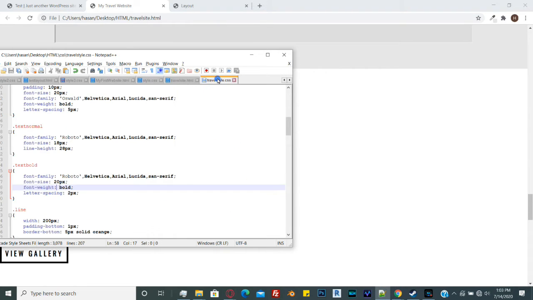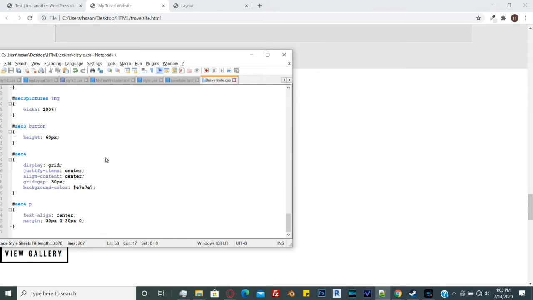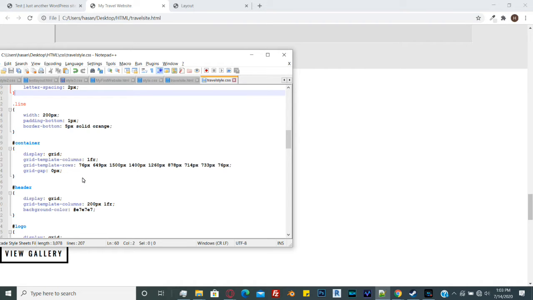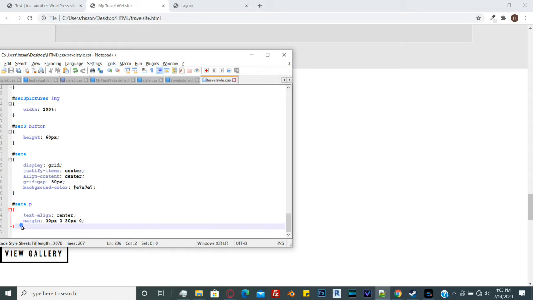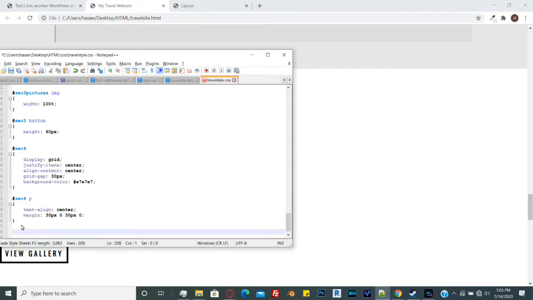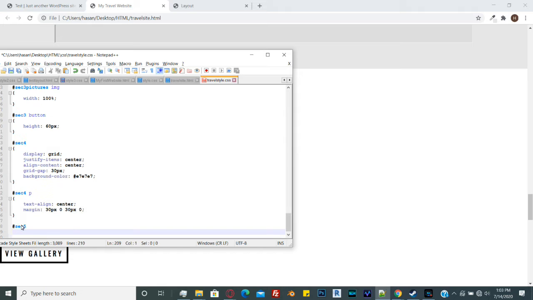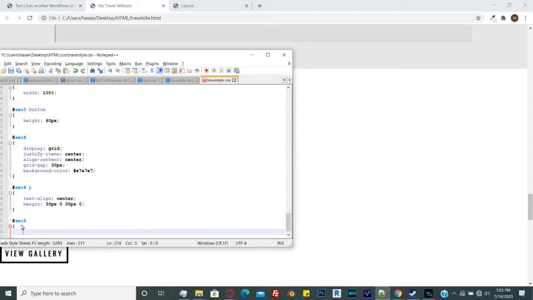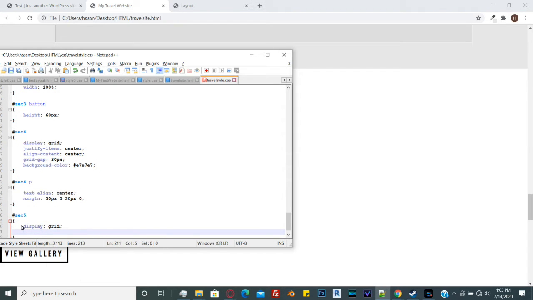So I'm going to come back to travelstyle.css, which is my CSS file, and I'm going to start dealing now with section 5. So I'll come here, section #section5, and as you might guess, I'm going to display grid again. Okay, and this will allow me to establish 2 columns again. So display grid, and then I'm going to put grid-template-columns once more, just like we did above. 1FR 1FR,